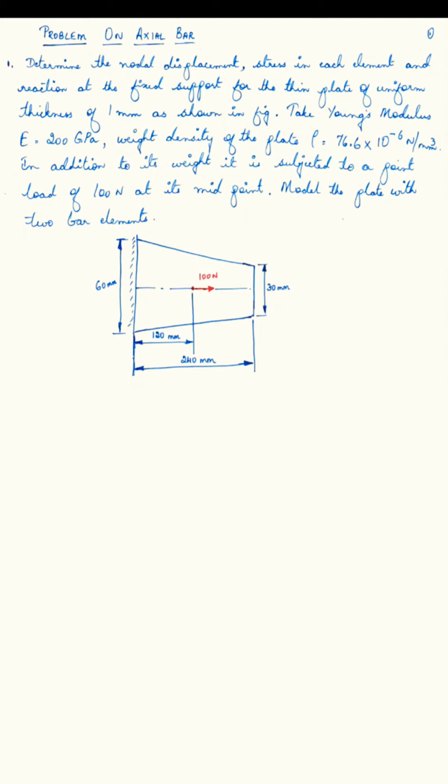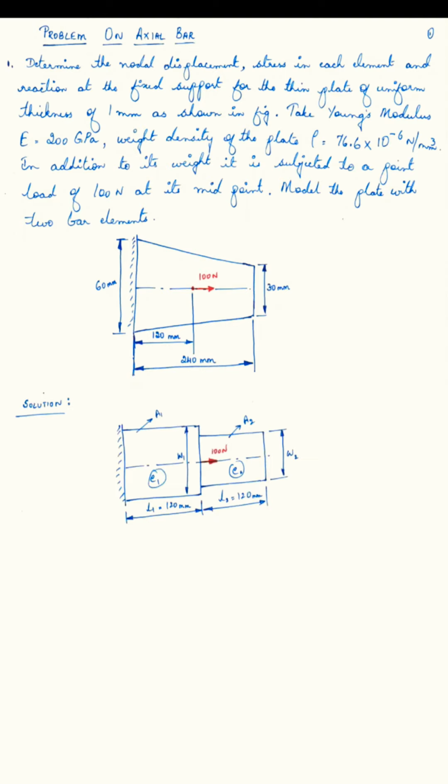So before we model the finite element analysis, we need to make small modifications to the given bar. In the finite element model, we have seen that we consider 2 elements and the area for the entire element is assumed to be uniform. In order to do that, we will convert this tapering bar, the bar with varying cross section, into a stepped bar wherein the left side will have the width of 60 mm, and the right side will have a 30 mm width.